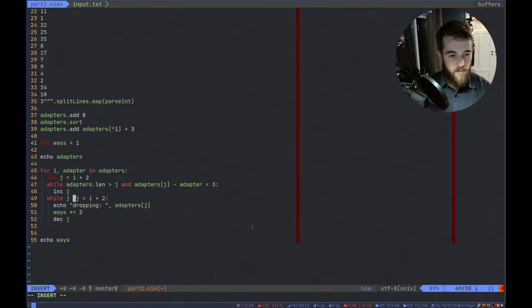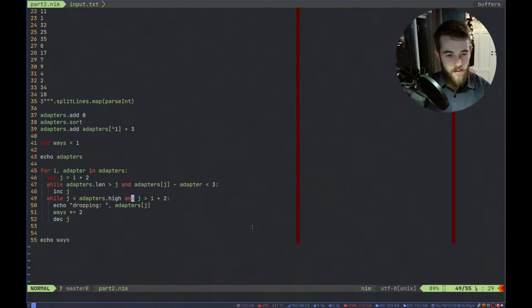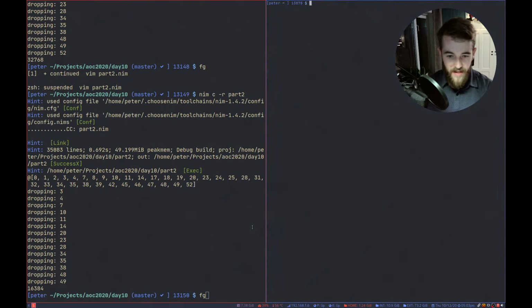So J must be smaller than adapters dot high. Oops. And so yeah, don't drop our last one. So how much smaller? Just out of curiosity, how many? So this is